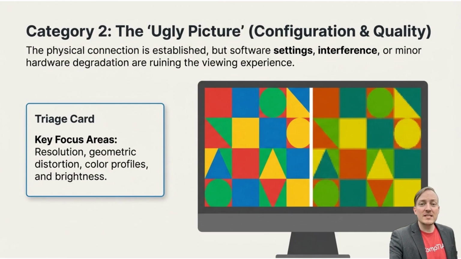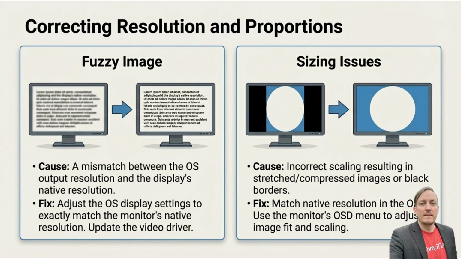Category 2 is the ugly picture. The physical connection is established, but software settings, interference, or minor hardware degradation are ruining the viewing experience. Your triage card here focuses on resolution, geometric distortion, color profiles, and brightness. If you have a fuzzy image, the cause is almost always a mismatch between the OS output resolution and the display's native resolution. Fix this by adjusting the OS display settings to perfectly match the monitor's native resolution, and update